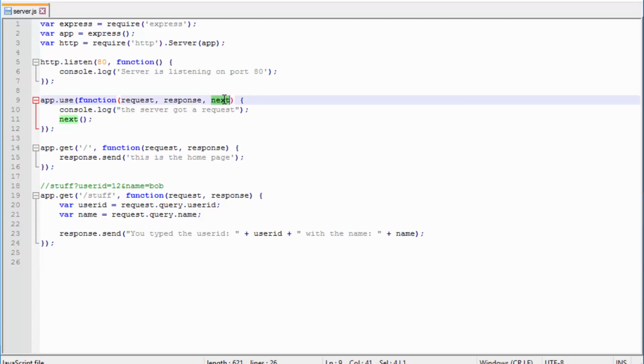You just put a third parameter here, and it's optional. It's called next, and you just call next, and it is allowed to proceed into your other routes that you're trying to call. Okay. The next is called implicitly when you use response.send. Okay, so let's